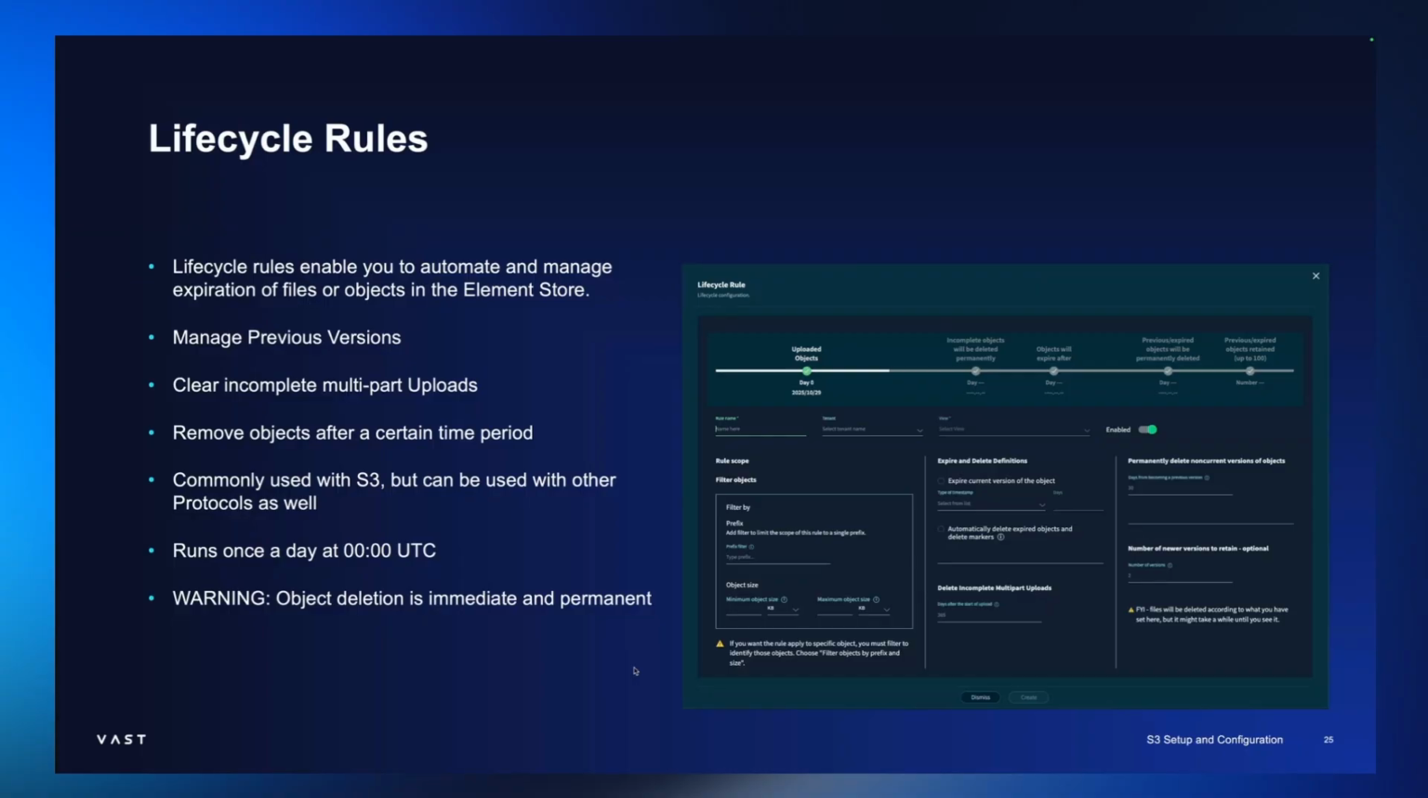using S3 tooling. But here, within lifecycle rules, we can define this within the element store in the VMS GUI. This allows us to do things like manage previous versions. If I've got versioning turned on for my S3 bucket, and I only want to keep 2 versions of objects up there rather than every single version that ever gets uploaded, I can set that. I can go here and say, I want to keep only 2 versions of objects